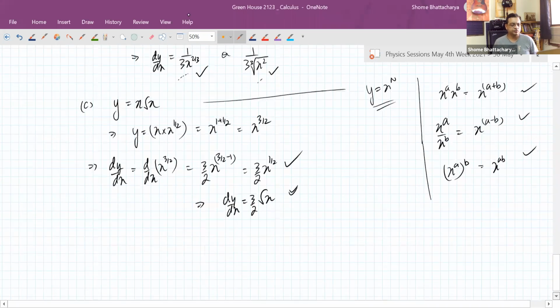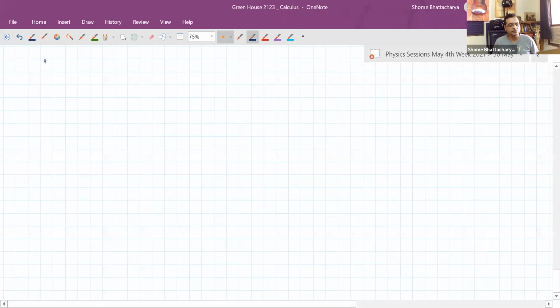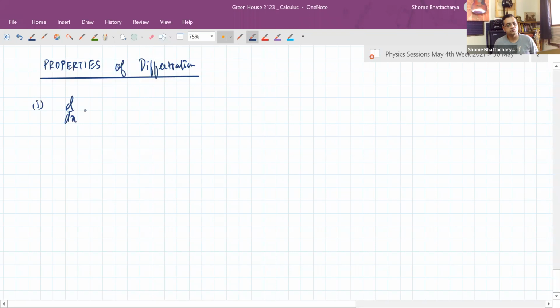Now moving on, we'll come back to more formulas of differentiation today, but we had also seen certain properties of differentiation. Let's do a quick recap of those. First thing we had seen: differentiation of any constant is equal to 0. Then second thing we had seen: differentiation of any constant multiplied by a function can be written as the constant times